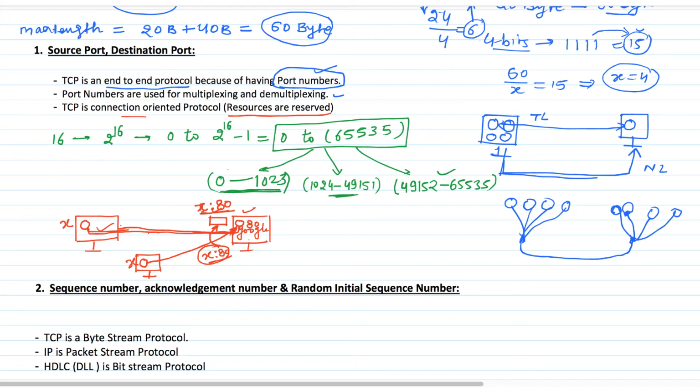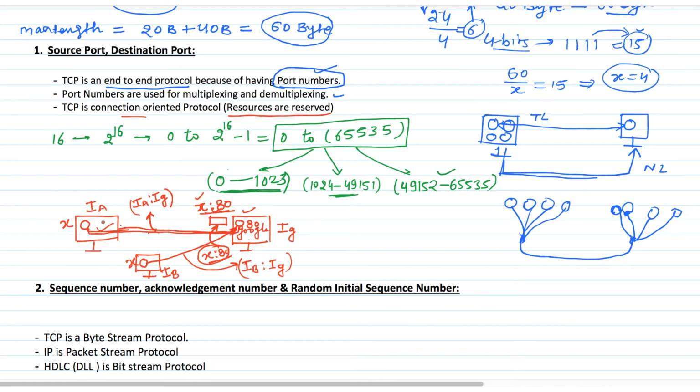So the idea is that instead of using only the port number, we should use IP address in order to identify these connections uniquely. Suppose IP address for this Google server is IG, for this system IP address is IA, and for this system IP address is IB. So now for this connection, the new identification number will be IA, means source IP, and IG, destination IP, and for this connection now it will be source IP, that is IB, and destination IP, IG.